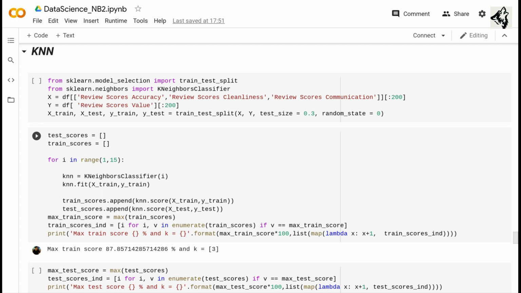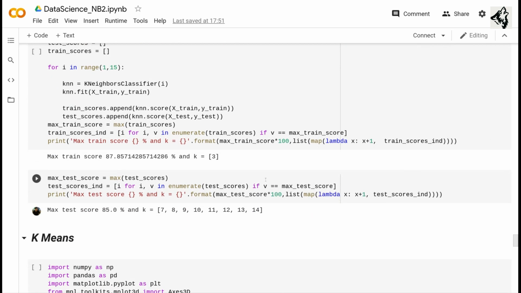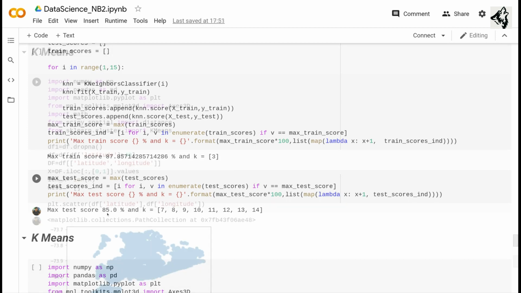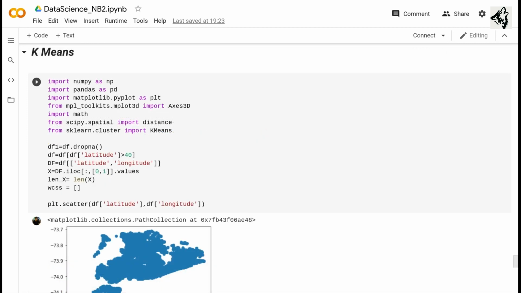In this, we take a sample of data for this model. Here, we have used the same columns as used in the previous algorithms to predict the review scores value in our dataset. As we can see, after applying this model, we get a training score of 87% and a testing score of 85%.